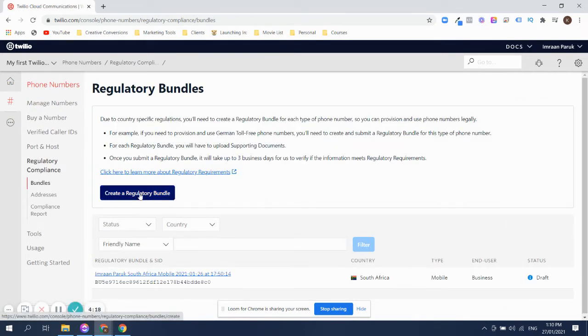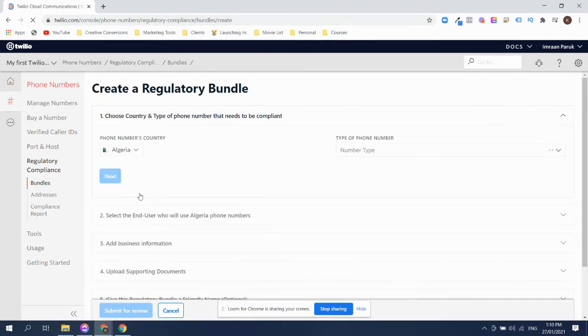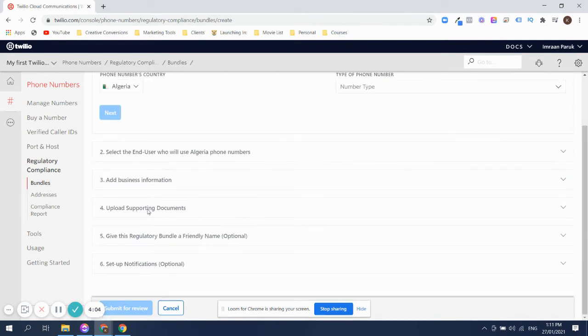And here you're going to click on create a regulatory bundle. So if you click on this, you can choose your country and then go through next. When it comes to upload supporting documents,